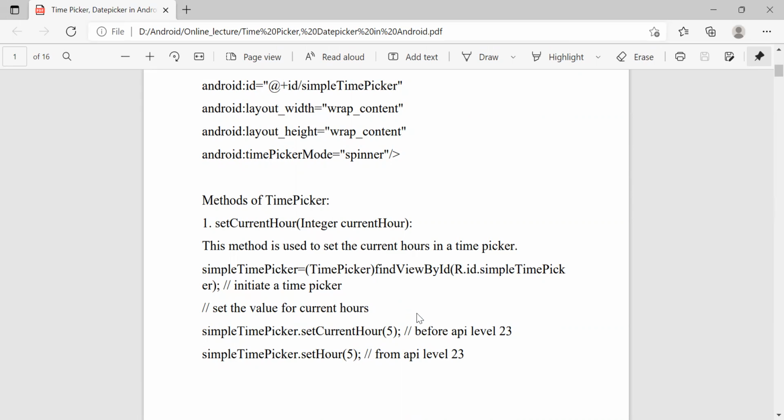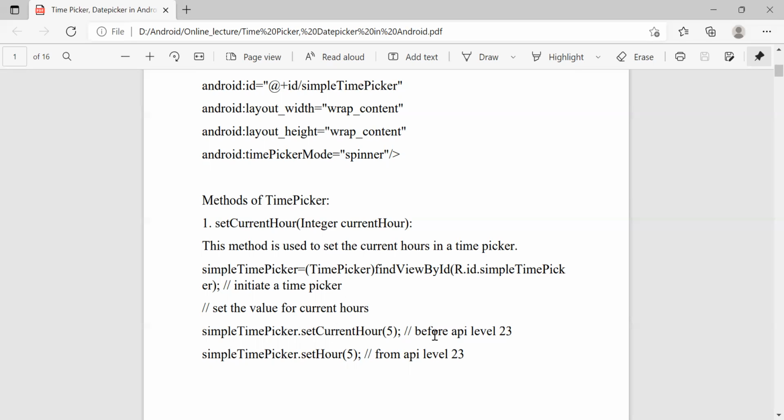For example, we create the object simple time picker, and we assign simple time picker is equal to findViewById, R.id, and here we give the id of the time picker. In this example, we mention it as simple time picker. So we assign it to the object of time picker. After that, we want to set its current hour.